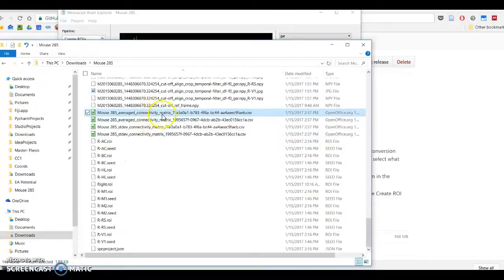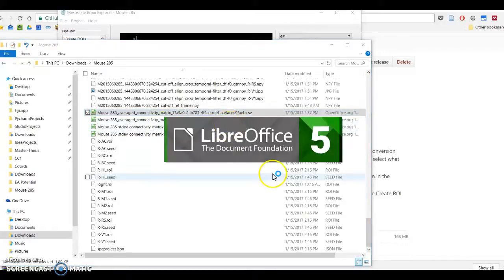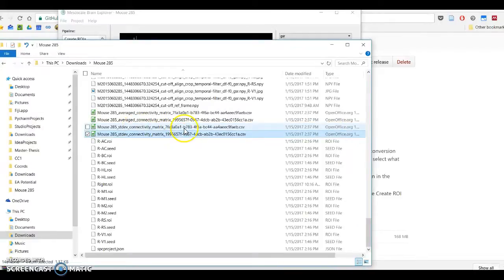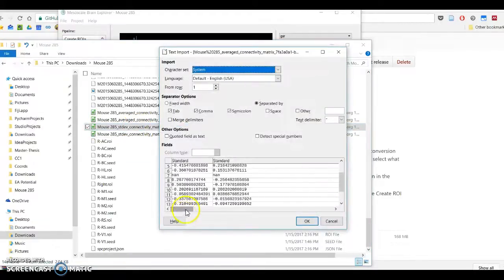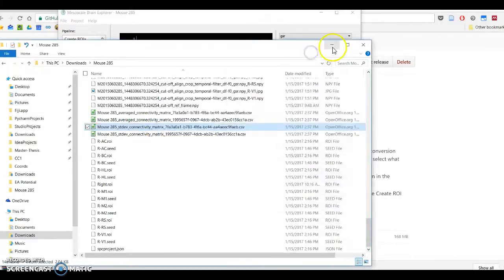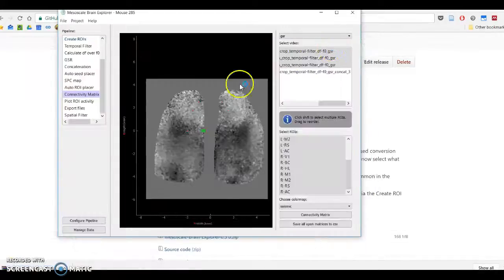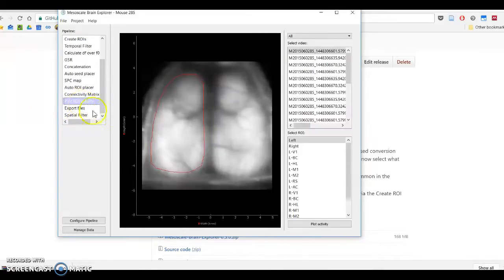If I was to open this, we would actually get the values again from the connectivity matrix, as well as the standard deviation, and then in a separate file, just to show you. Okay. And again, future development might have it that you can just import this immediately and then get your connectivity matrix back. And quickly, before time is up, we shall quickly plot